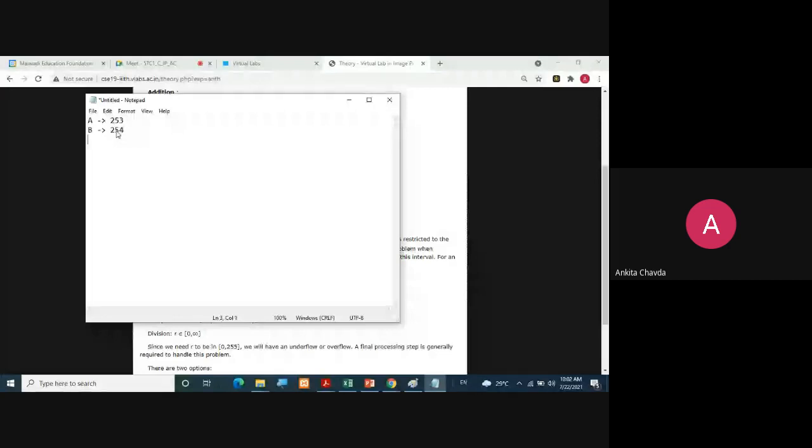Whatever the addition would be, it will be beyond your range, right? My range is what? For intensity values, it is between 0 to 255 only, whatever you do, addition, subtraction, multiplication. My range is between 0 to 255 for 8-bit.